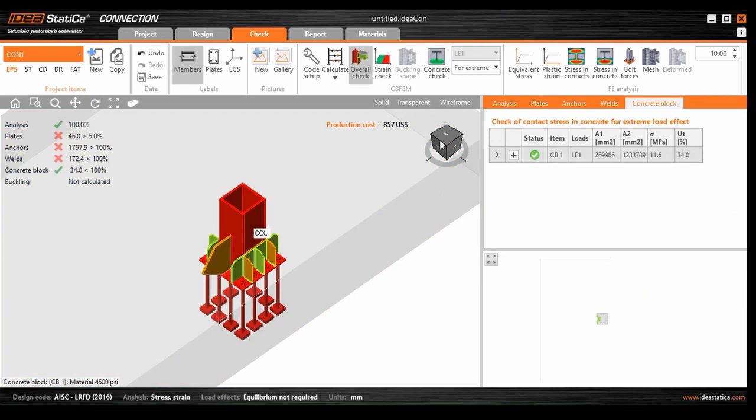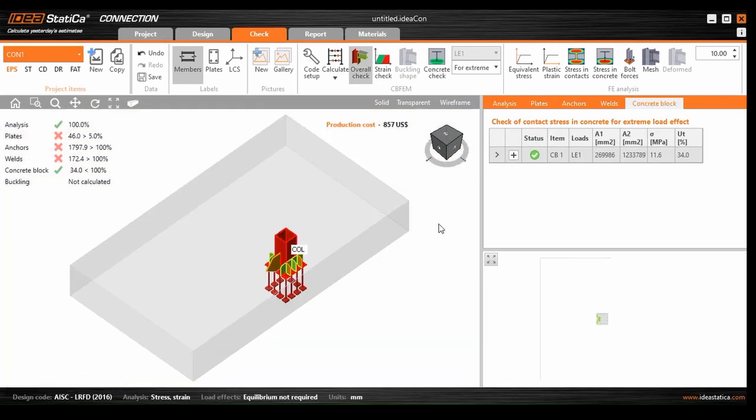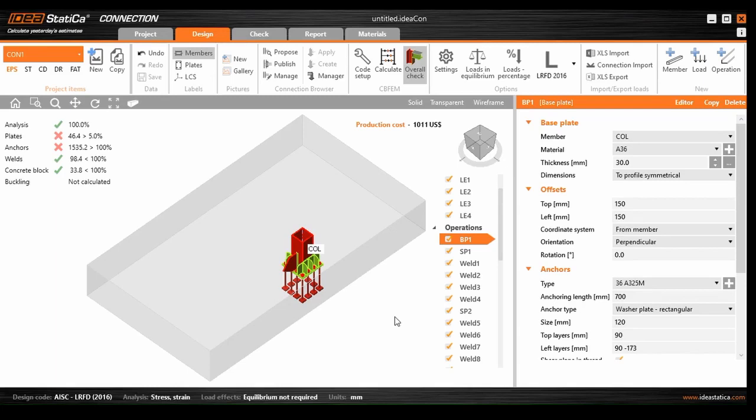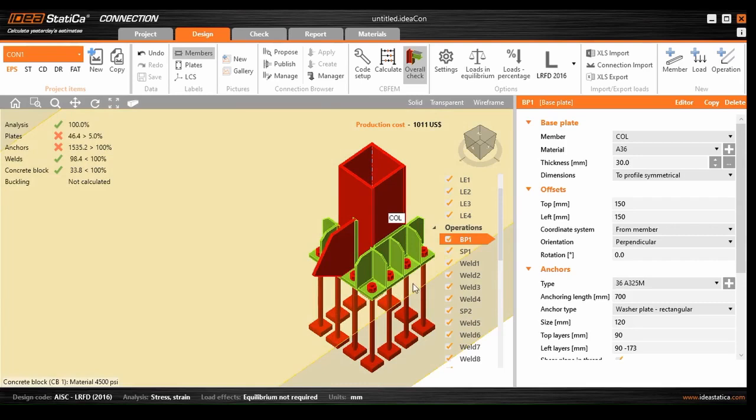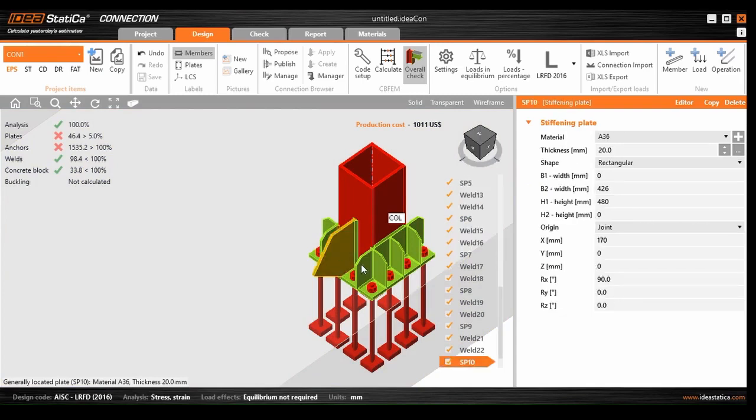Okay, well, the second analysis was also done. I increased the thickness of some plates and some welds. All of the welds are in safe zone, and all of the plates are also in safe zone, except this one, SP10. If we go to check